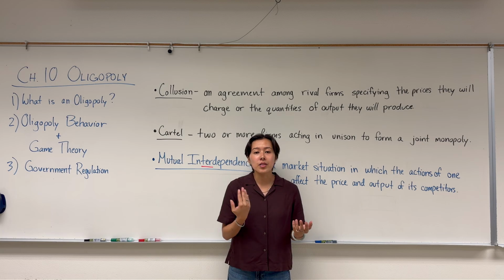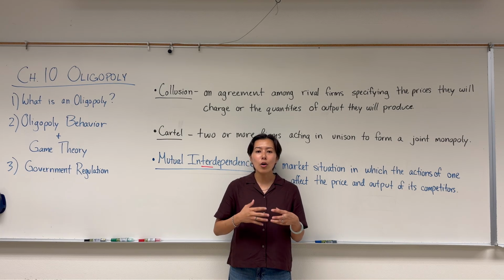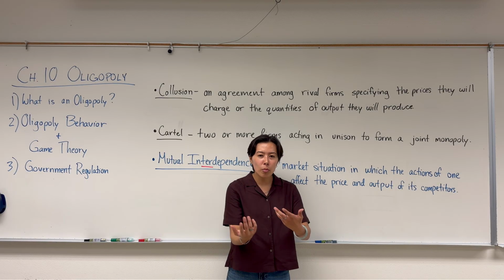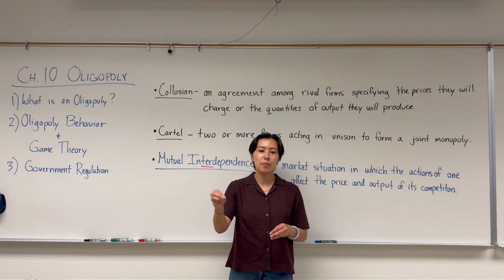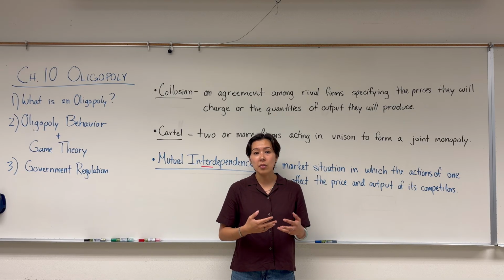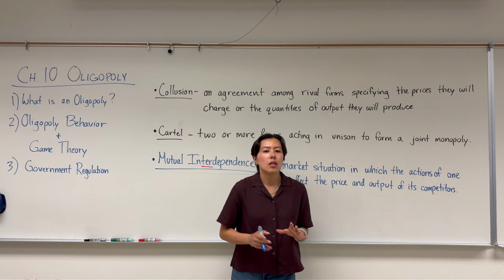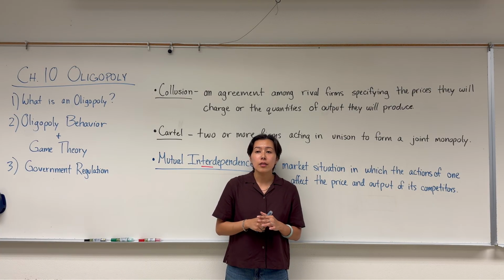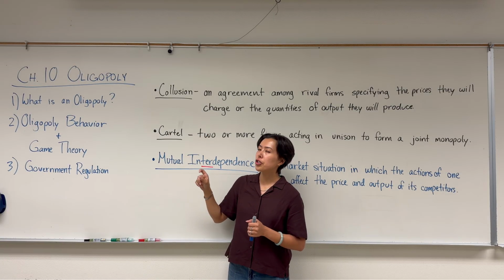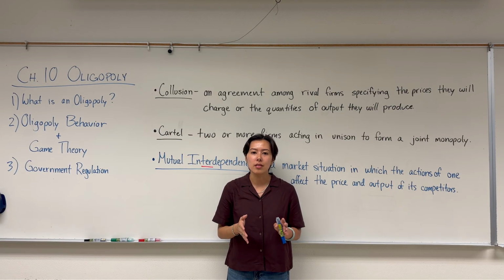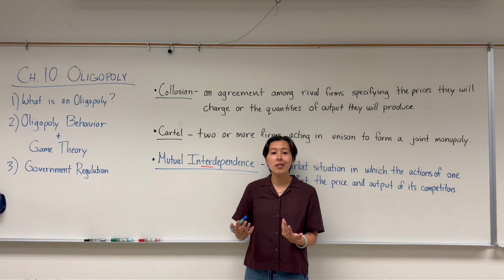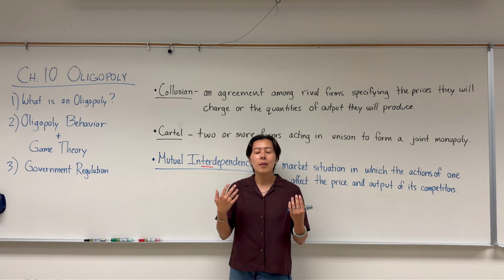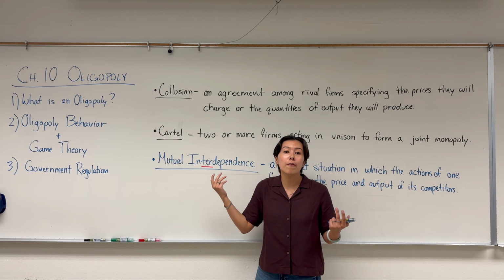As the number of firms in an oligopoly increases, it's harder to keep this cartel formation and it's harder to detect cheating. There's just more moving parts and it's harder to actually place the blame on the member firm that defected from this agreement. Another key point I want to mention before we get started talking about game theory is that collusion between firms and the formation of a cartel is illegal in most places. So here in the US, you have special laws that we'll talk about later that prevent firms from engaging in this kind of behavior because the belief is that it's not fair.